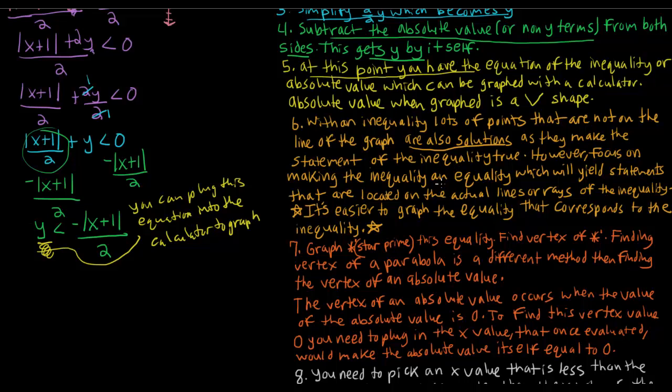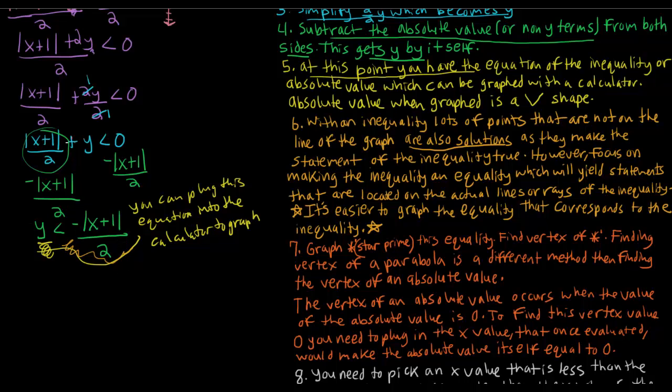However, focus on making the inequality an equality, which will yield statements that are located on the actual line or rays of the inequality. It's easier to graph the equality that corresponds to the inequality. That's pretty much just saying that with an inequality, you might have points above or below the line that can make the statement true depending on what the actual inequality says. But in this situation, to help us graph it and find the different points to help us graph the inequality, it's best to actually make the inequality